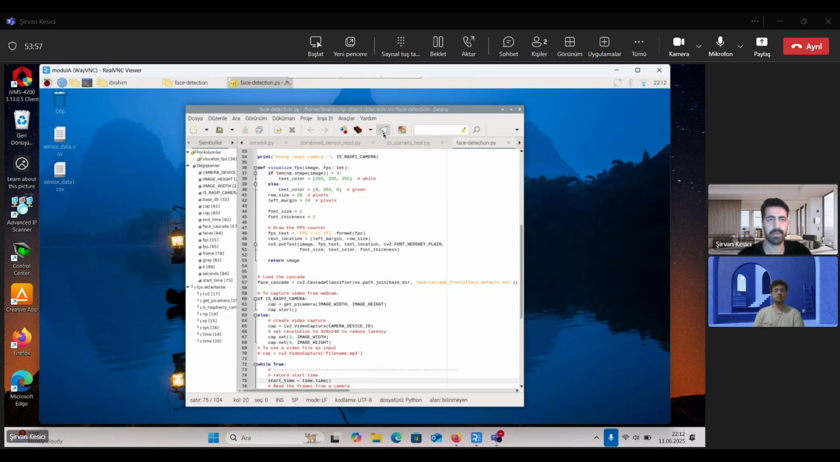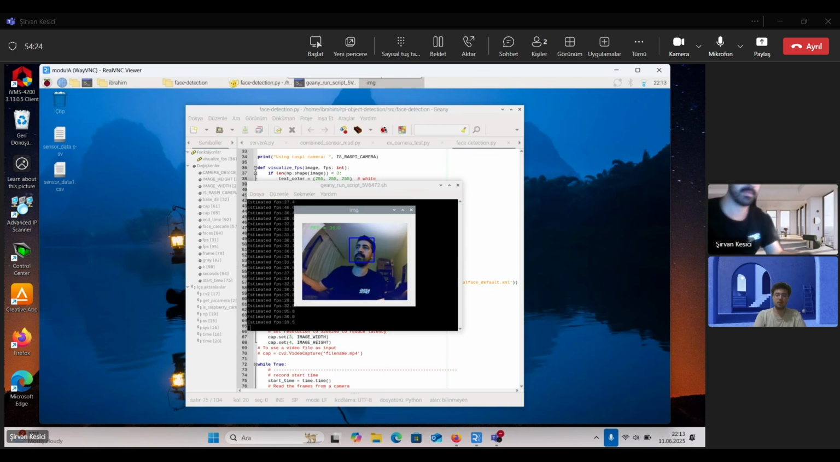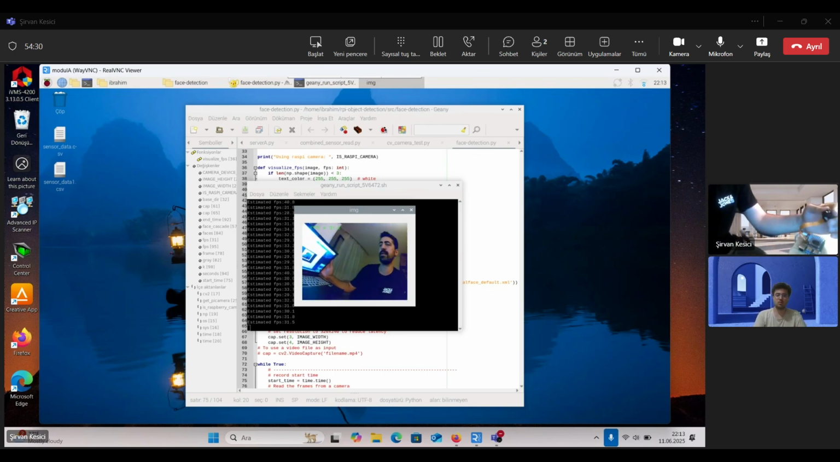I will show how we can run this code. I use Geany for this project, and you can see this is working correctly, and this blue square is the detection of my face. Yes, you can see. And I want to show our Raspberry Pi. Just wait a moment. So, can you see the Raspberry Pi and the camera? Yes. Okay,